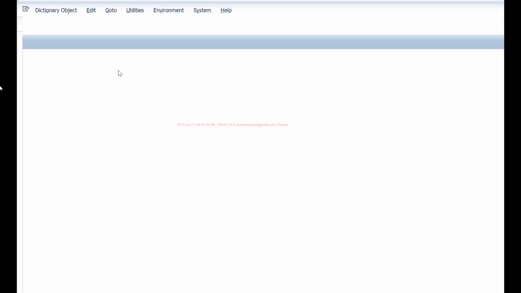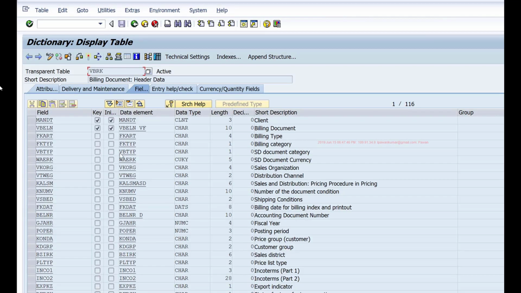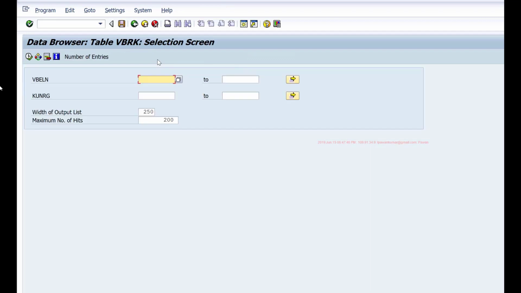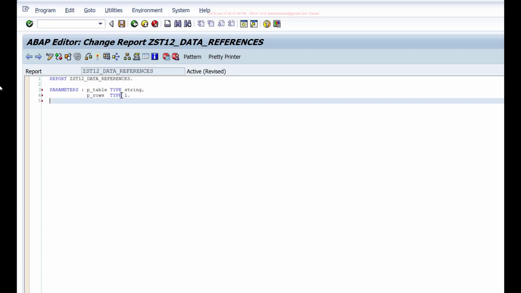If you open a table in SE11, most of these applications are dynamic, because whatever name you give, based on that it will display that specific information. So here, maximum number of hits, I can provide the number of hits, so it will restrict the selection to that many hits. So I'll also do the same thing in my program. So let's say type I.